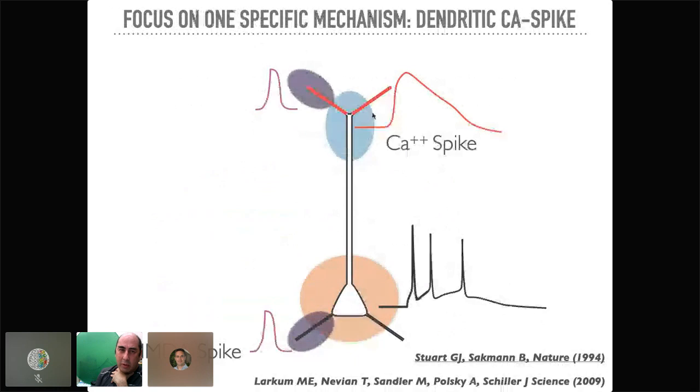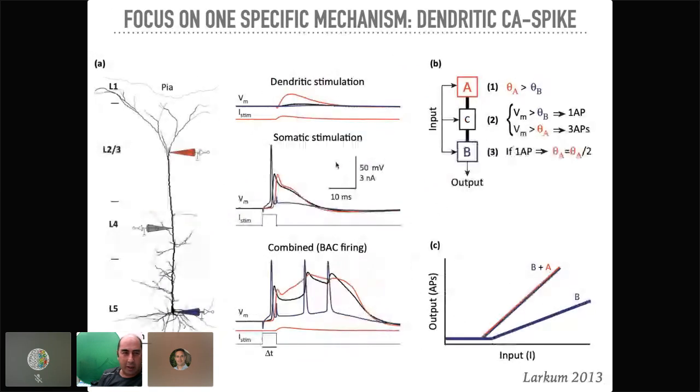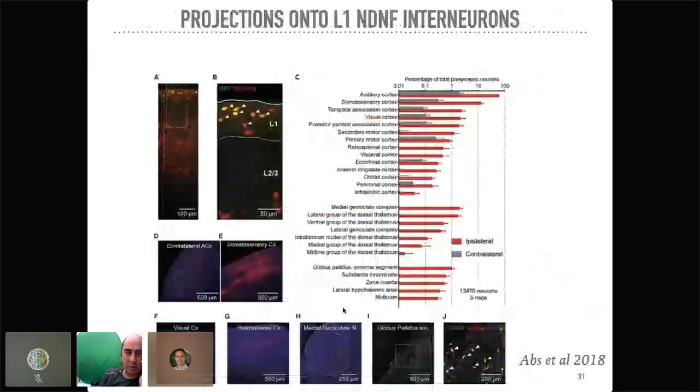So as I told you, the pyramidal neurons have this calcium spike in the dendrite. This is one of the most prominent features of these neurons, and we are going to focus on this calcium spike. And this has been shown by Matthew Larkum in 1999, where when you have interaction between inputs to the dendrite and inputs to the soma, you can generate a calcium spike in the dendrite that depolarizes the membrane potential in the soma and generates a burst in the soma.